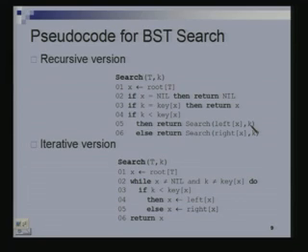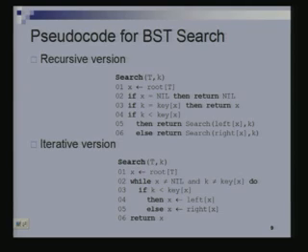Is there a little problem in both the versions? Yes? Sir, in the prior version when we are using left, we are putting the tree in the search. In the iterative procedure, we are putting only the root node. I mean, when we are changing it, then x is equal to left of x in the iterative procedure. That assigns the key of the left node to x, right?